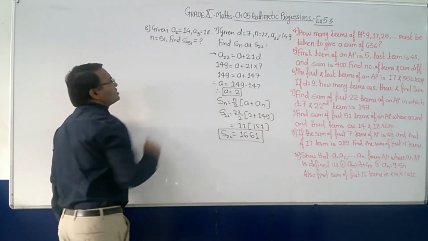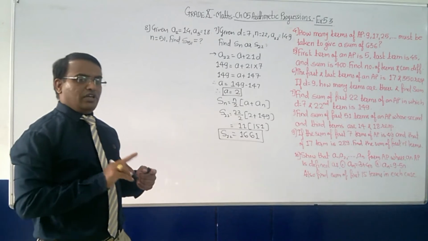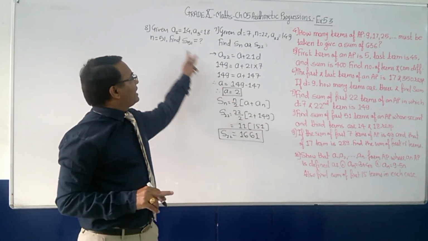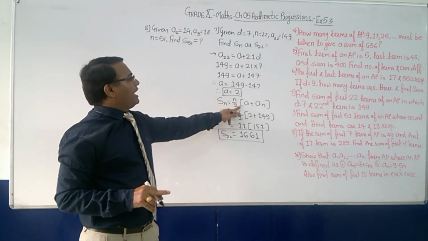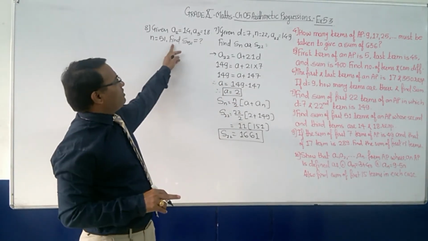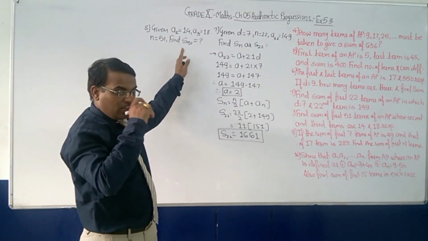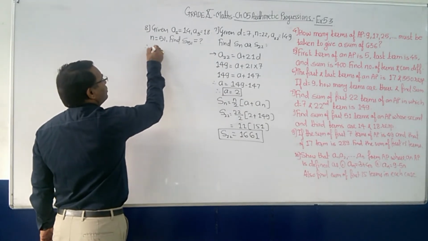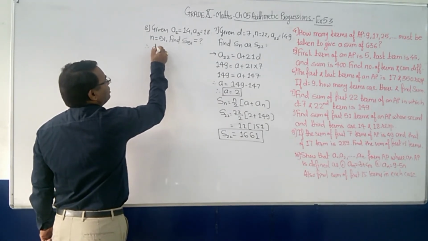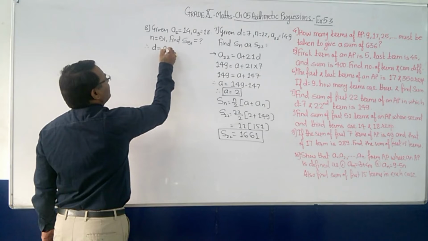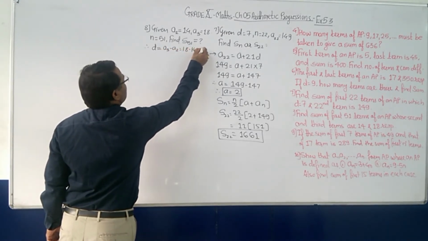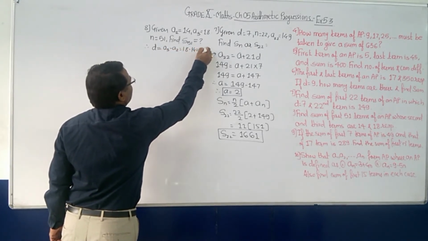That is the question. Again, if we want to use this formula, we should know n, a and an. So we want a, so how to find a? Let's see, and d also we need to find. So d is equal to, directly we can use this one first, that is 18 minus 14, that is equal to 4.